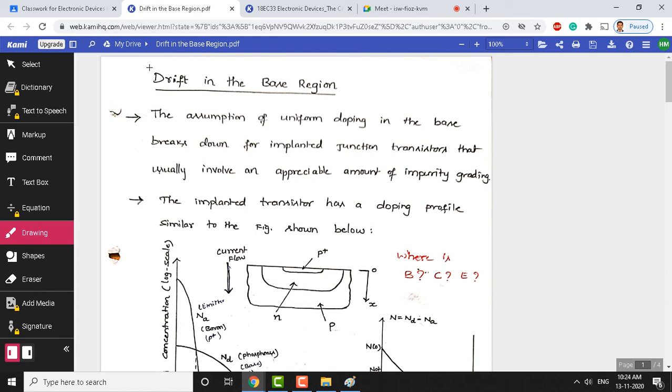Drift means the charge transport mechanism: what is happening in the base region and how it is happening, we are going to explain in this topic. We are more interested in the base region, because that is the material which is sandwiched between two regions in a BJT. Suppose you have a BJT here, we have a p plus n p BJT, and one other possibility, an n plus p n BJT. So, here this base is going to be very important for us.